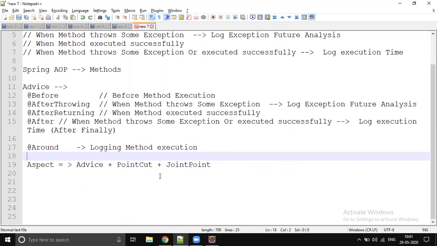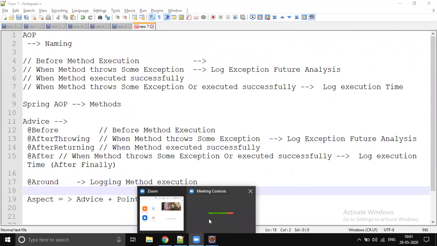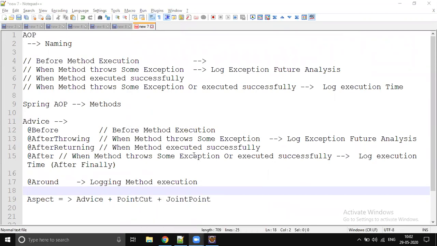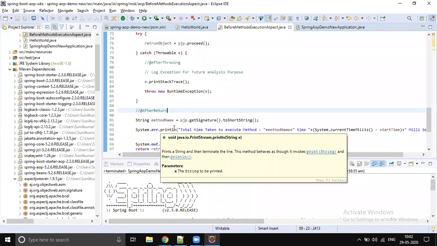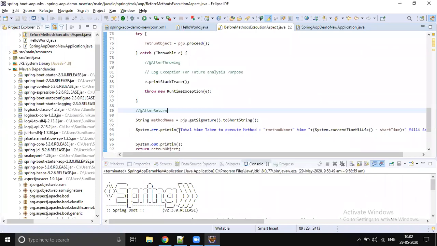Okay. Sunil, one thing I just want to ask: we want to see the method execution performance. Is there any way to log these in some table or something? Because sometimes for analysis and all, we need to check how much time a method is taking. Is there any way to log these in a table, or any tool which can be integrated with microservices, which can tell that this particular method is taking this much time, like a day-wise report or something?